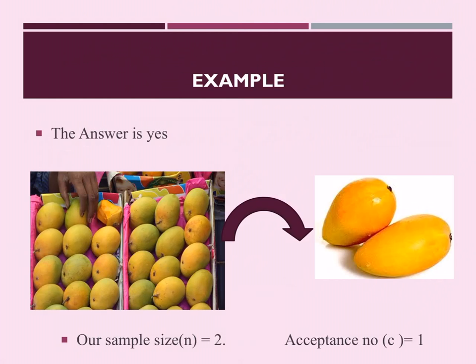You can say it as a sample, having two pieces of mango. We will check it as per our expectation. If it is good, meaning the taste is good, the quality is good, the color is good, then we will accept this bunch of mango. If it is of poor quality, then we will reject it. Simply, there are a lot of examples where we can use this acceptance sampling method.